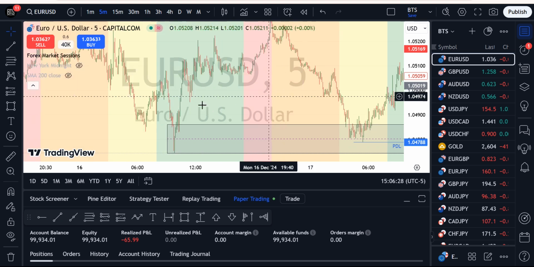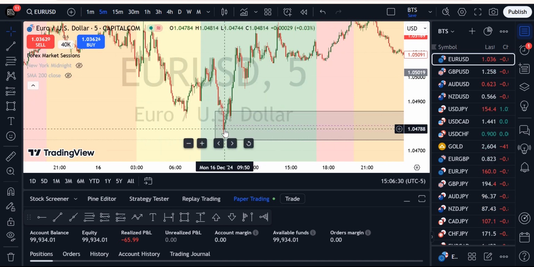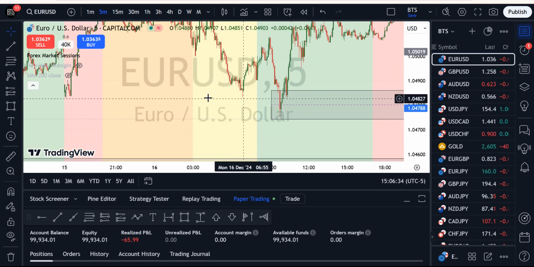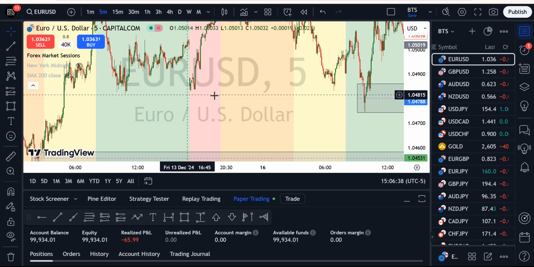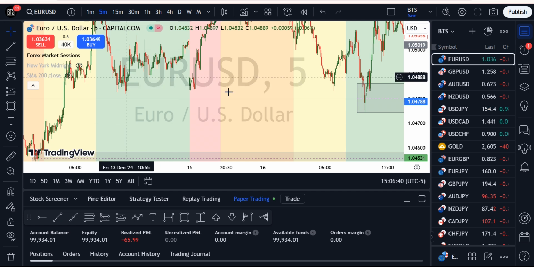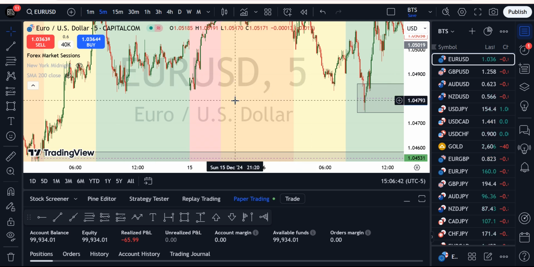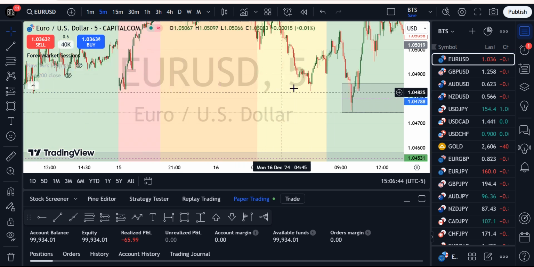As you can see, before I marked this level as a level of demand, we've taken out this swing low, and this low. So we've taken out all this liquidity here before we push to the upside, which means this